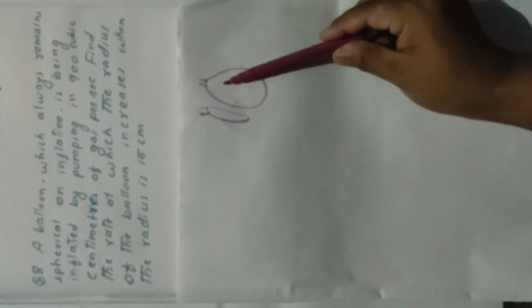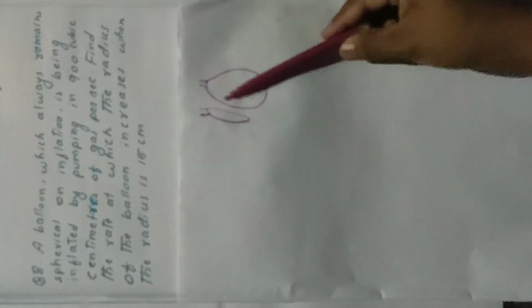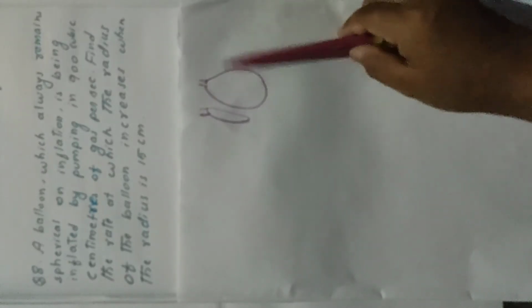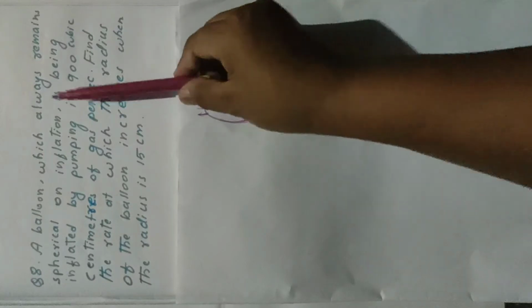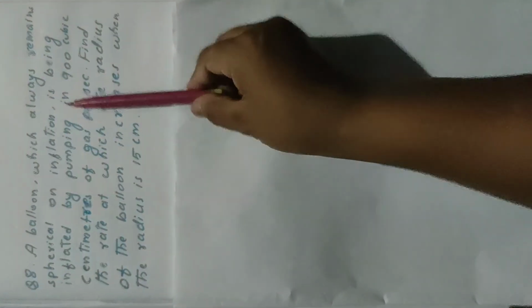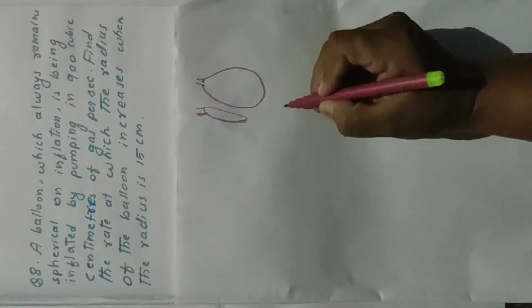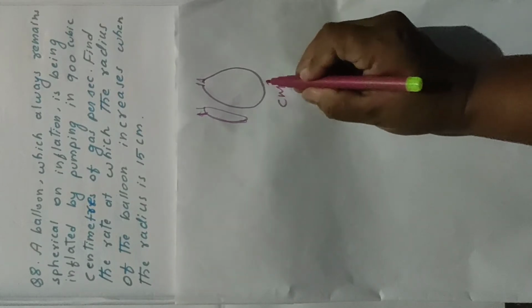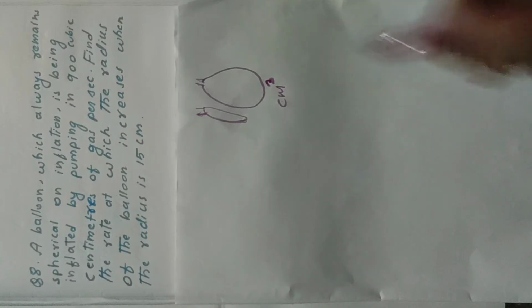After pumping, the shape of this balloon is spherical. So this is called what? Inflation. It remains spherical on inflation. It is being inflated by pumping in 900 cubic centimeter of gas per second. Now cubic centimeter, it is given what? Cubic centimeter. It can be written as what? Cubic centimeter. Now what is the